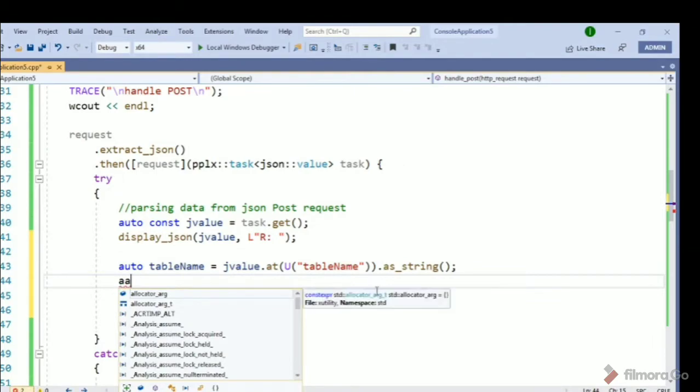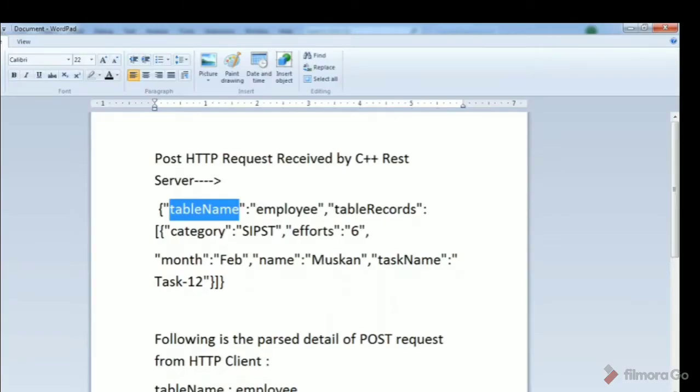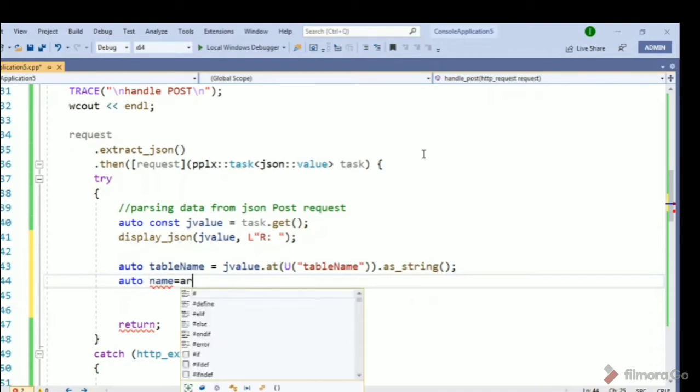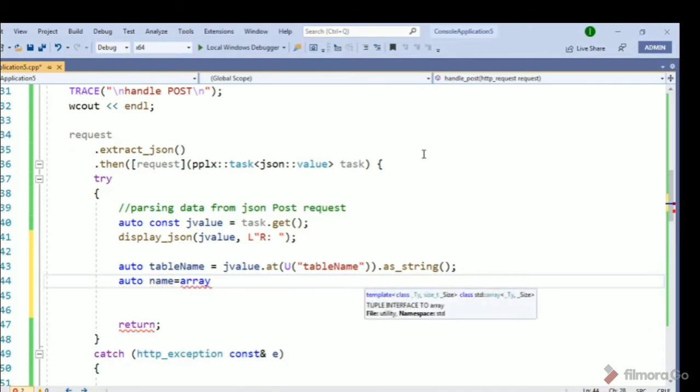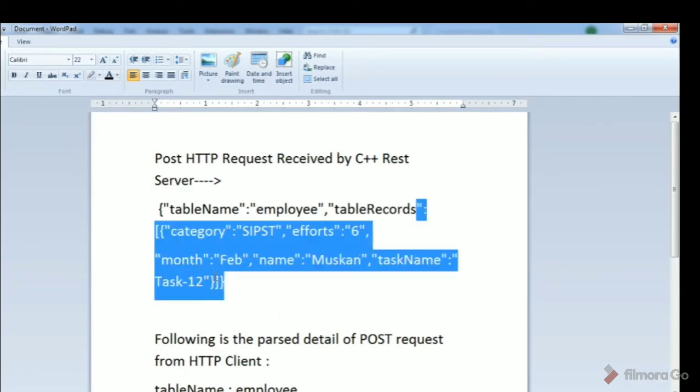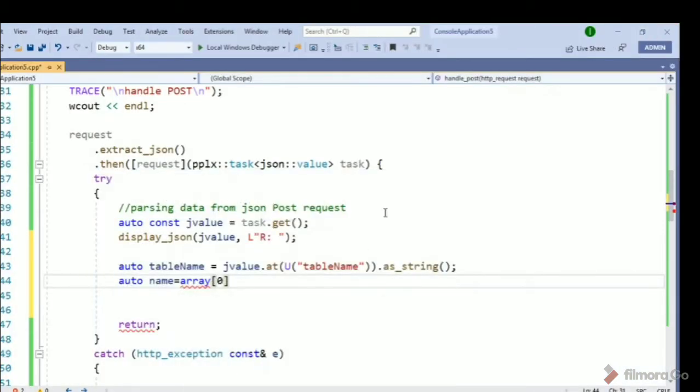Now we can see that we have another vector array variable. We have category, shift, stack, and name, all those variables. So we'll start parsing it. First I will parse auto name. We have only one array, which is called the array table record. If you see, this array goes from there to there. So only one array, and I will mark it as array index 0.